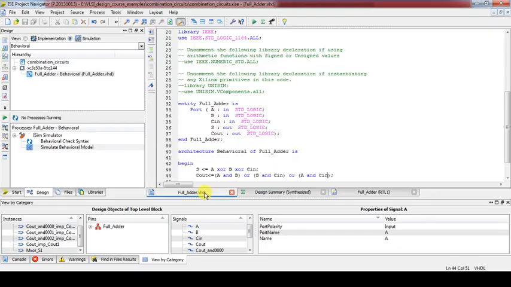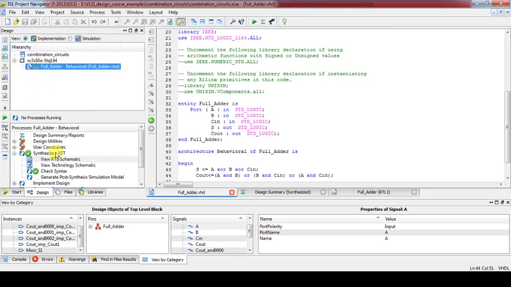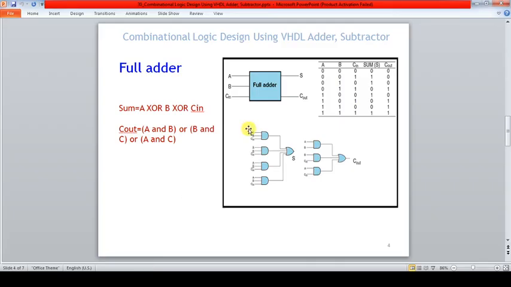So let's move to the implementation again. Now we have completed synthesis and simulation. Now we have to implement the design for our particular target FPGA. So to connect the internal logic of our full adder to the external interface signals, like I have to test on the development board with the inputs A, B and C. Those inputs we can give through the 3 switches, and we can observe sum and carry out on the LED. Okay, so for that we need to assign the pins.